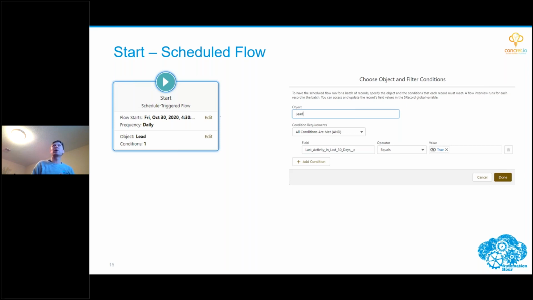When we started to think about, could we have this triggered on a record itself, or could we have it trigger on activity records, or even lead records? There's a couple avenues we could have gone down. Ultimately, why we went the schedule route was that we wanted the ability to reevaluate that same record each day